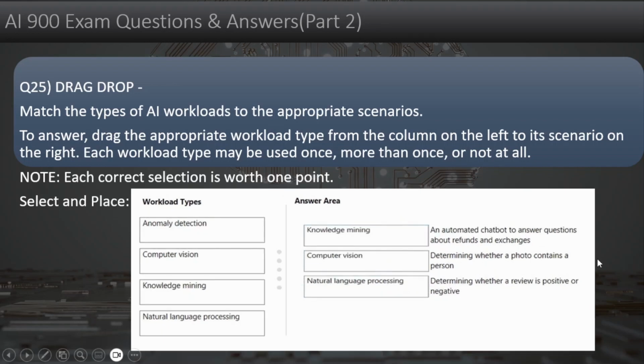The answer: an automated chatbot to answer questions about refunds and exchange is knowledge mining. Determining whether a photo contains a person is computer vision. Determining whether a review is positive or negative is natural language processing.